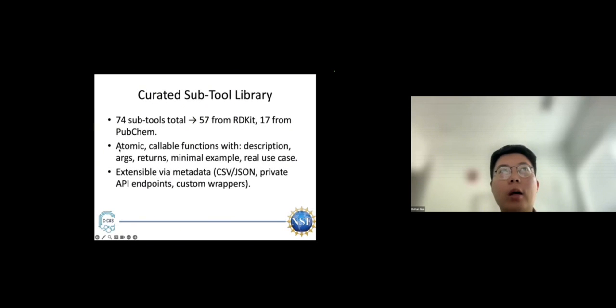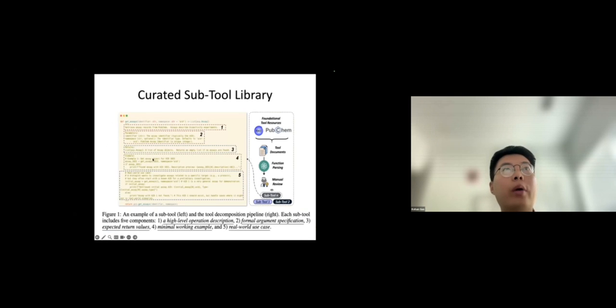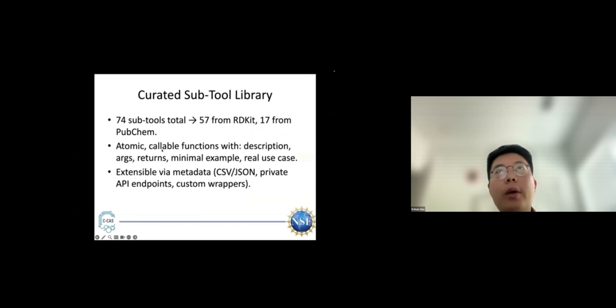And we annotate this with atomic callable functions with description, keyword arguments, return, and minimal examples, as we have demonstrated here. So basically, using that, we could construct very comprehensive instruction tuning datasets for the large language model. So when prompted with a new task, it can actually understand what kind of task it is, and